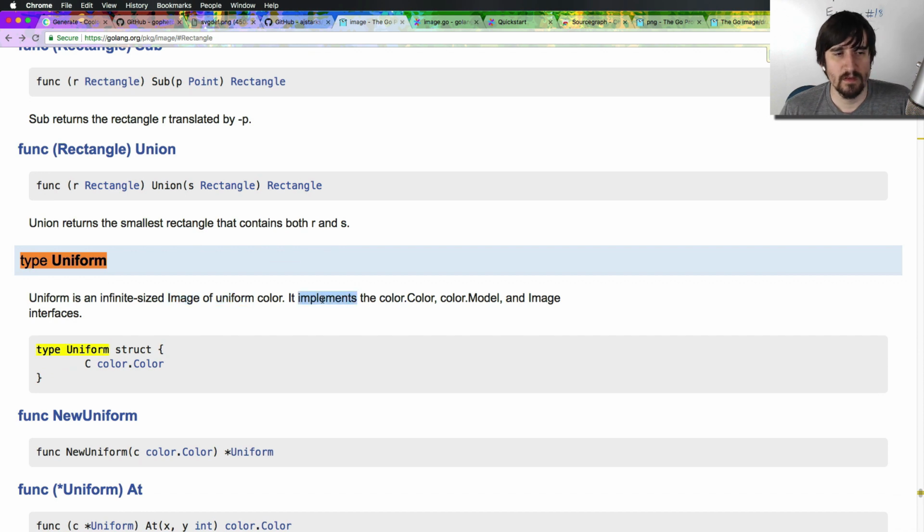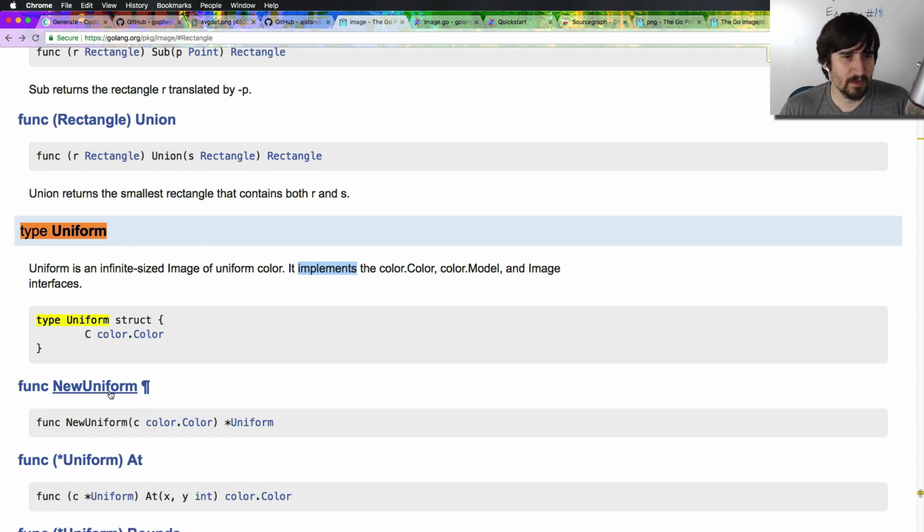uniform color. So that sounds kind of weird at first. Why would you want an infinite sized image? But it's really awesome for this draw package because this Uniform basically gives us a source that we can always pull from. It's going to be a solid color and it's going to be as big or as small as we need it to be. So what that really means is that we can basically just